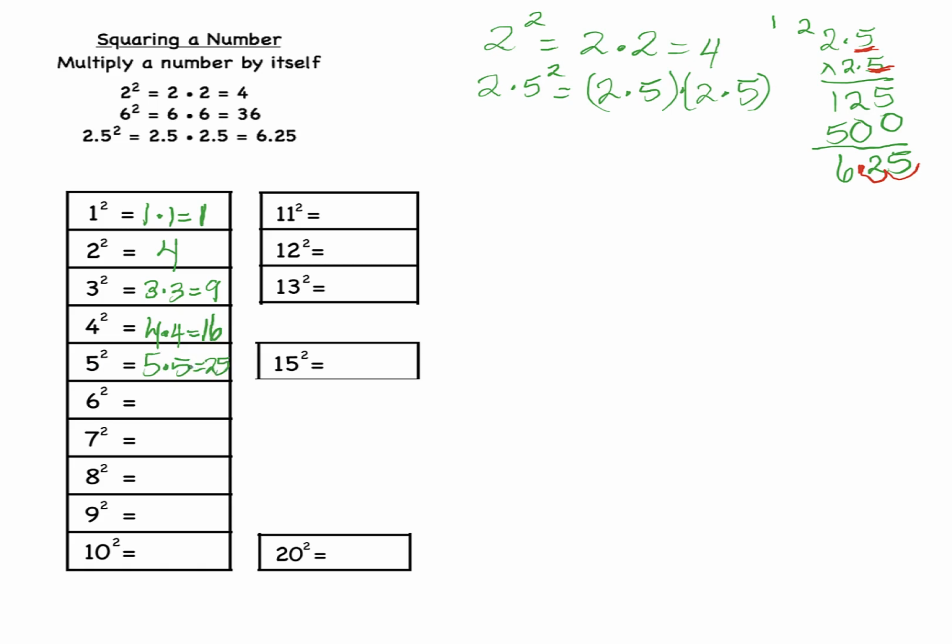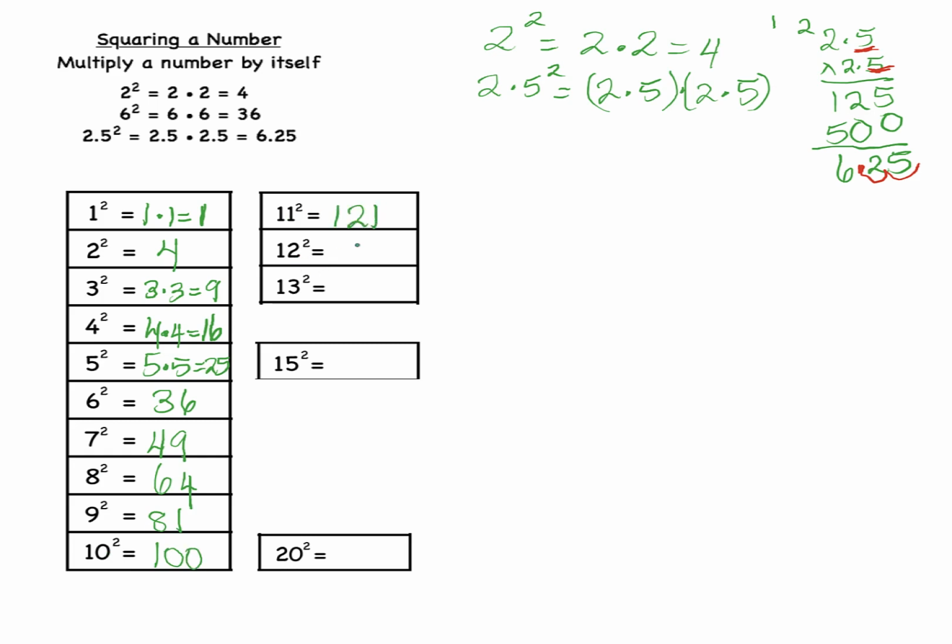So you get where I'm going with this. You should know these perfect squares by heart. 6 squared, 36. 7 squared, 49. 8 squared, 64. 9 squared, 81. 10 squared, 100. 11 squared,